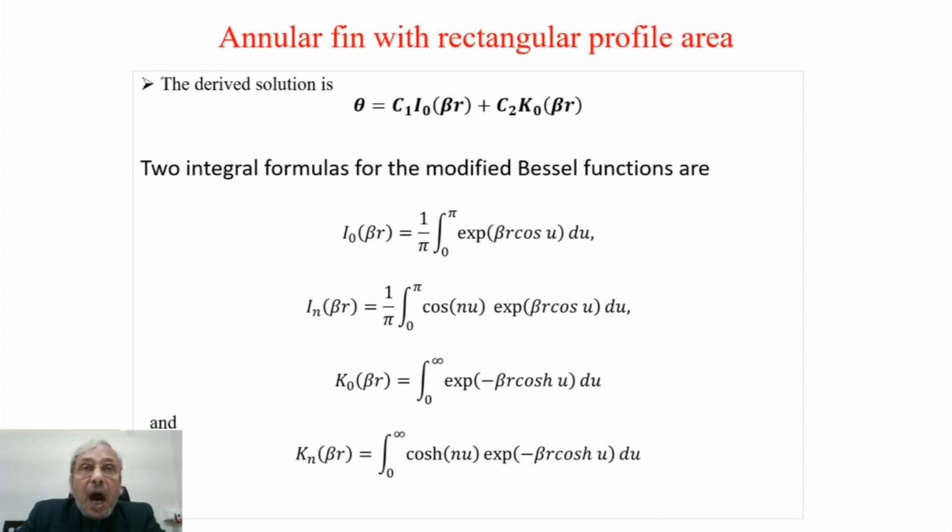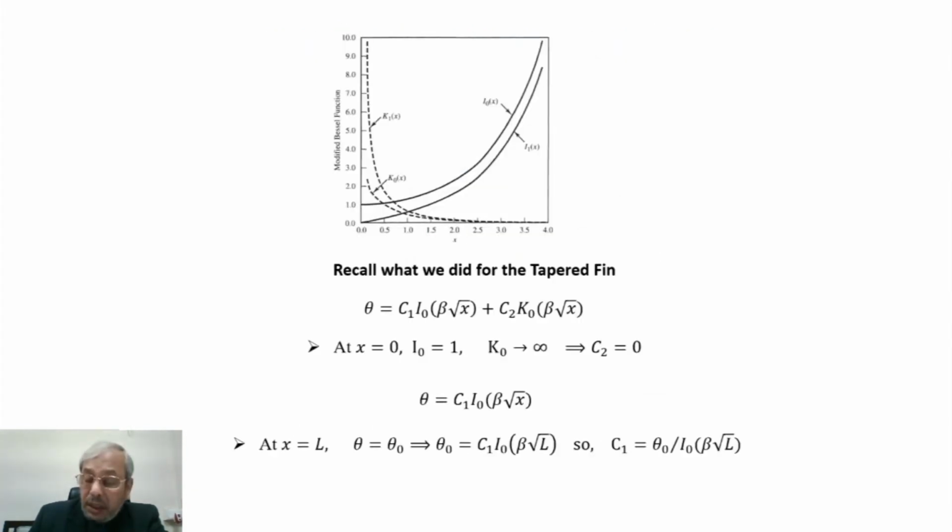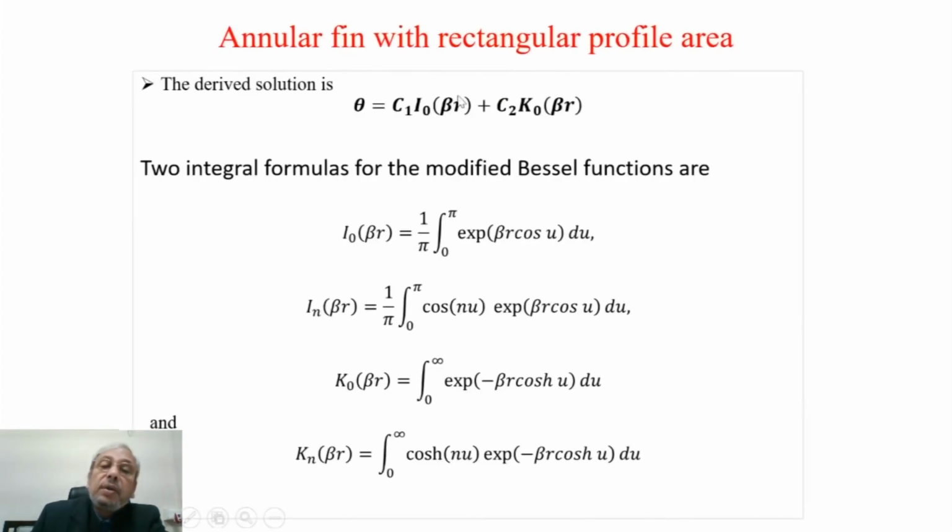And at r equal to r naught, we know it is the convective boundary condition, minus K d theta dr equal to H into theta. So, because of these two, we are not able to go up to r equal to 0